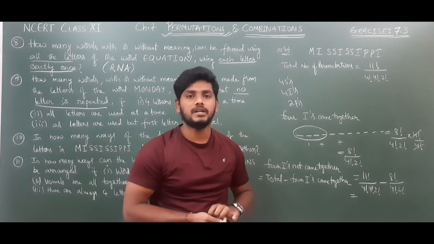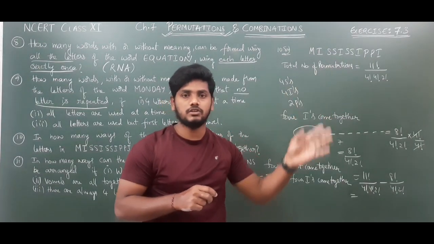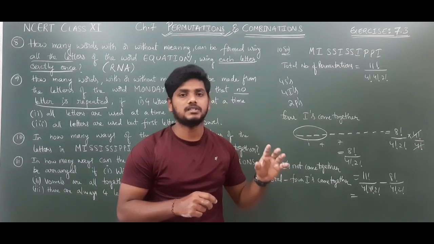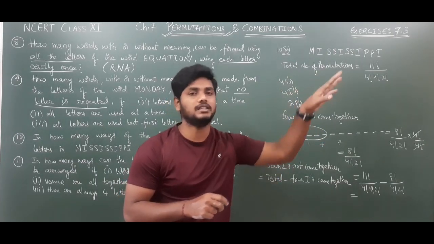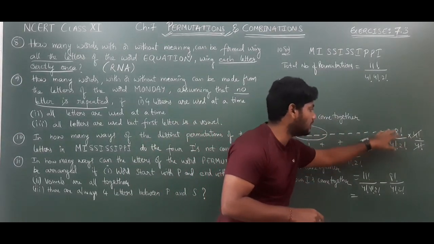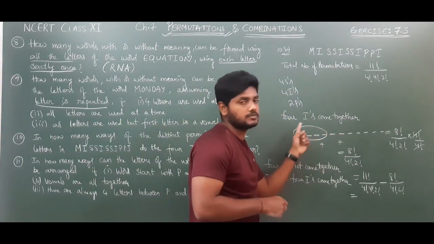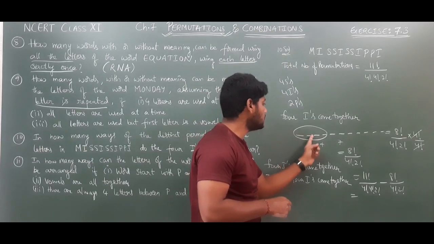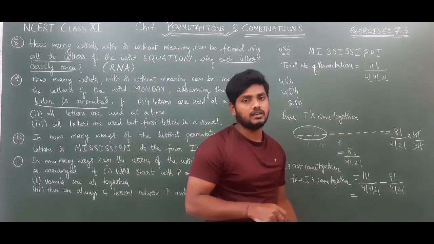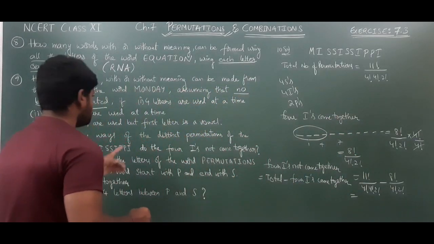After that, what will happen? The children are there, no? They will fight together. I want that window place, I want the middle place, I want the corner place, like that. Then what should be done? Any elder person or any parent should go and settle them, right? So like that, after completion of the first step, 1 plus 7, 8 factorial. After completion of the first step, again we should come back to this place to arrange them. How many are there? 4. So 4 factorial, divided by, since only the I's are repeated, 4 is repeated, so divided by 4 factorial. I hope you understand. If not, you ask on WhatsApp. So pause the video to note it down.